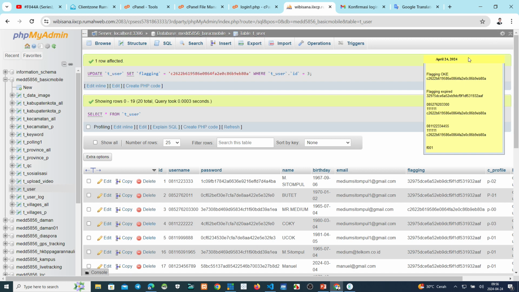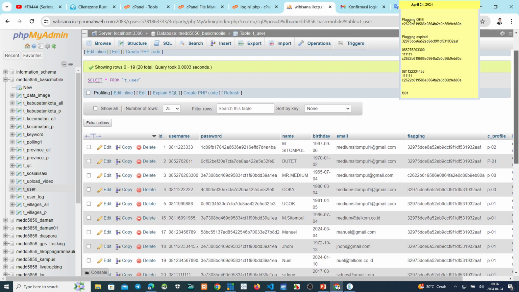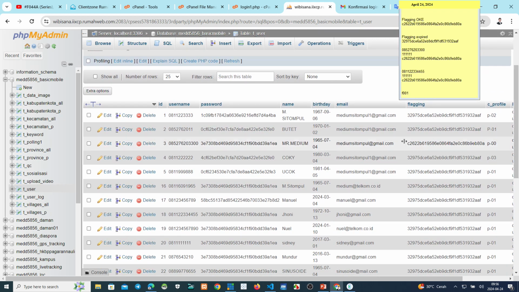Okay, we can see this. Just these guys are different. The previous flagging can make this user log in to this application. Different in just this one.